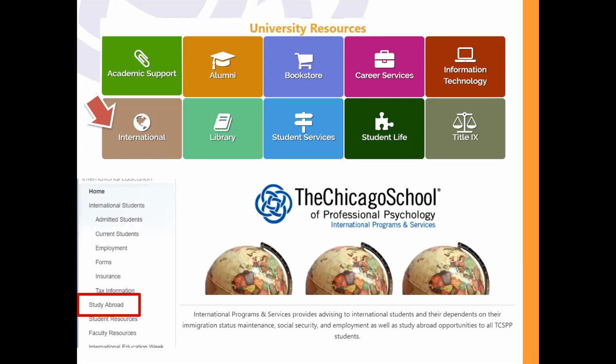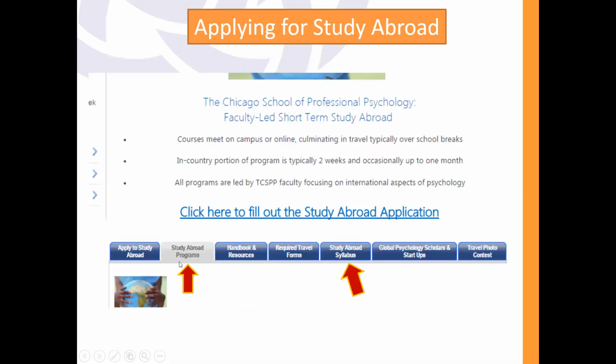Okay. Everything I talked about is on the student gateway. We're under international. Once you click on that, this page will pop up and follow the navigation on the left, click study abroad. Everything is here. The program information about Dubai, study abroad syllabus, and it's in alphabetical order of country name.